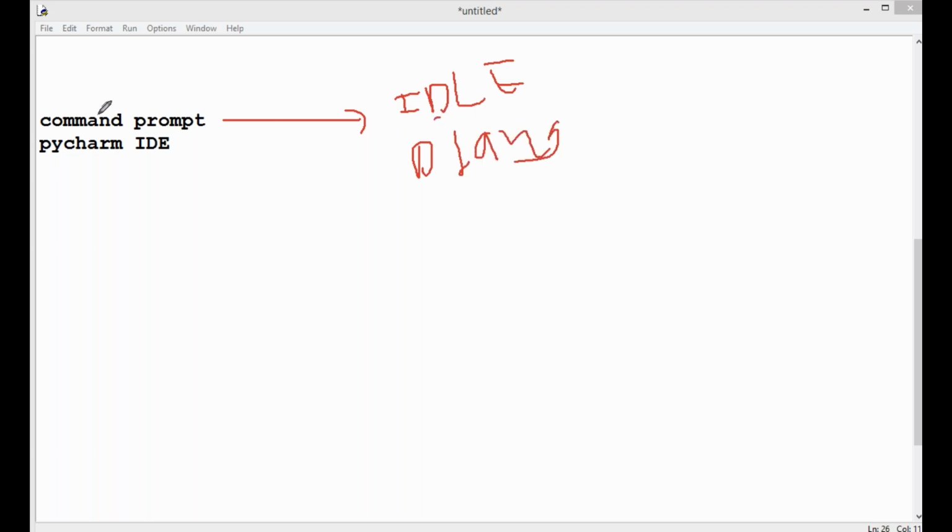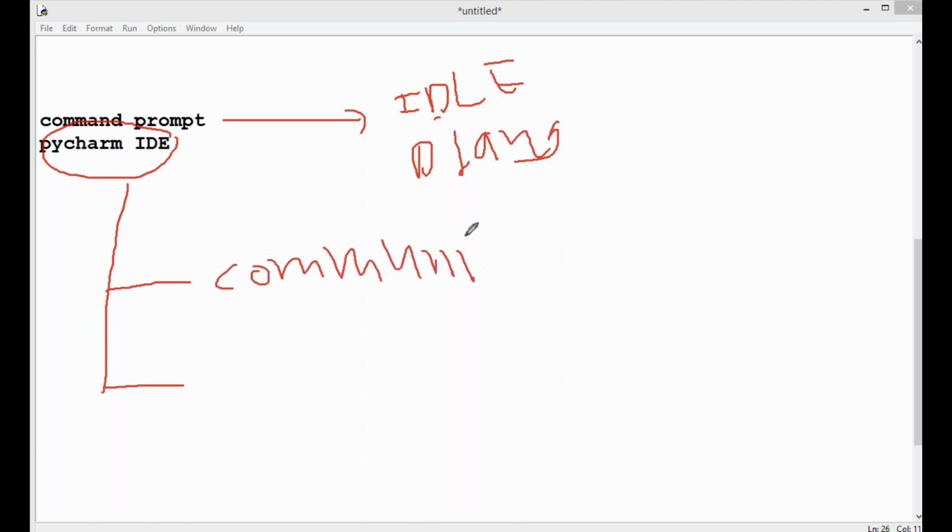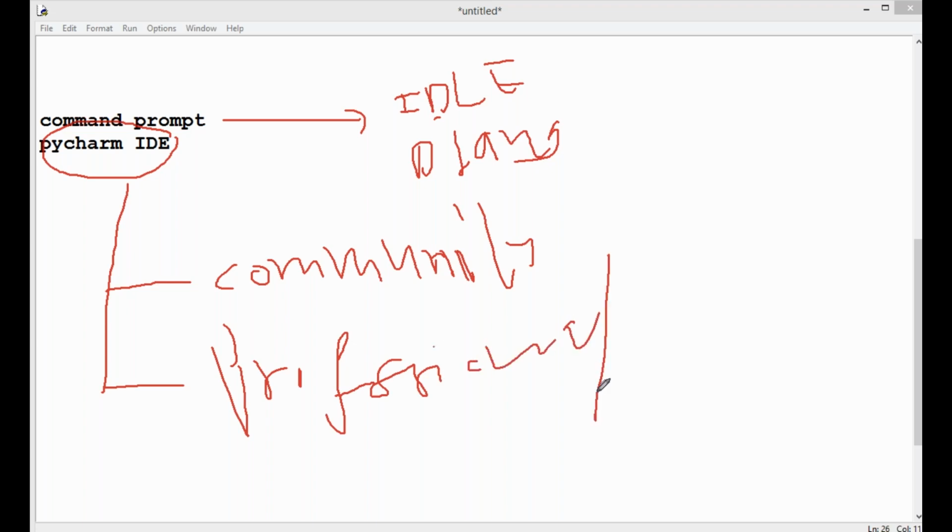But here we are directly installing PyCharm. PyCharm has two versions. One is the community version, another one is the professional version. You can install the professional version directly and use PyCharm and Django directly. These are the two ways, either command prompt or PyCharm.